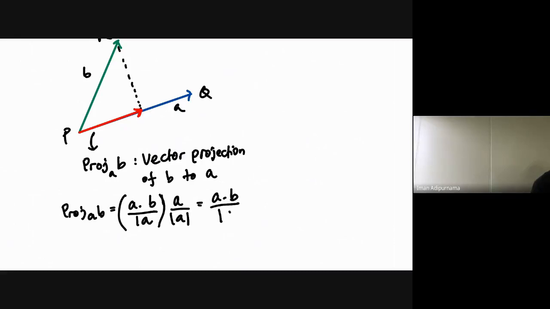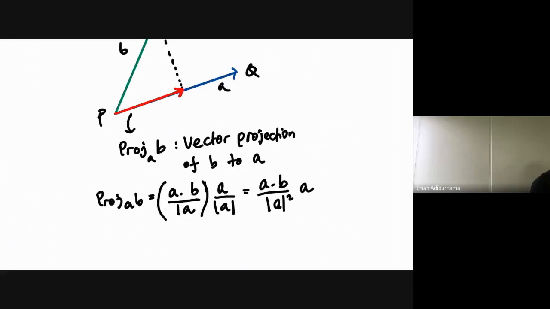Or we can simplify this, it becomes squared and then A. Okay. So basically similar, but this has a direction, and so we just need to multiply with the unit